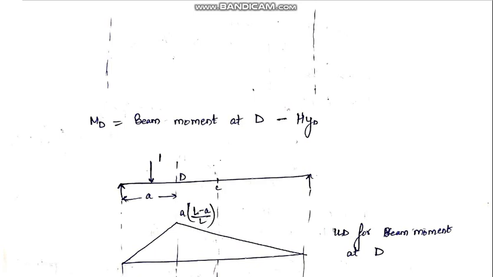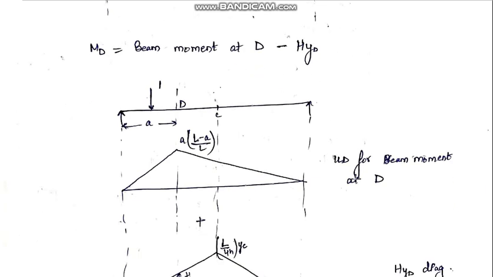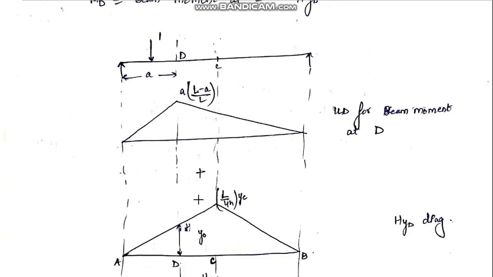Okay, see, now we have to find out the ILD for HYD. For the horizontal thrust we had already found out the ILD, and it came like this. At C point the value of the ILD for the horizontal thrust was maximum, and it was L by 4h. See, we have to draw the ILD for h into yd. So if I draw the ILD for the horizontal thrust, and multiply each term with the y ordinate of those points, I will get the total ILD for the HYD.